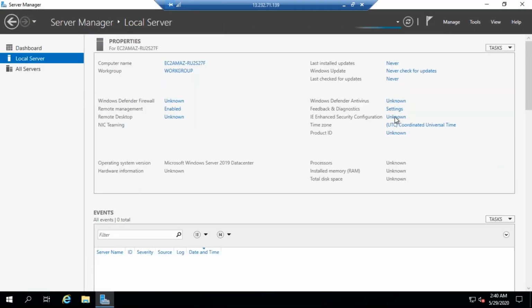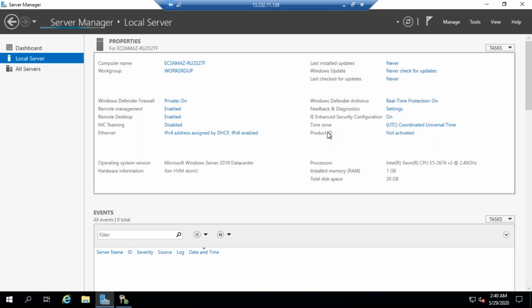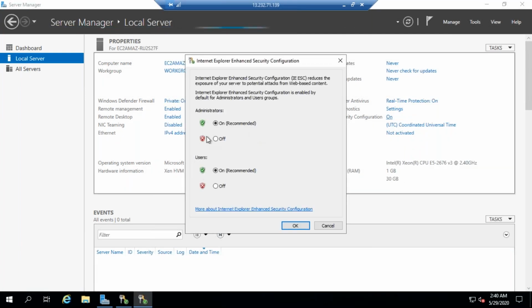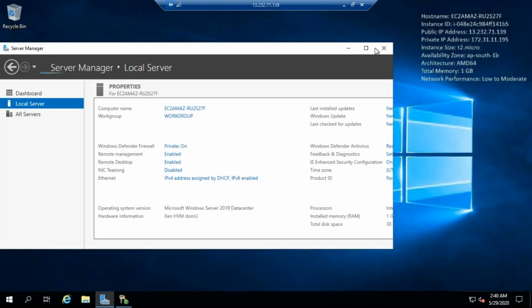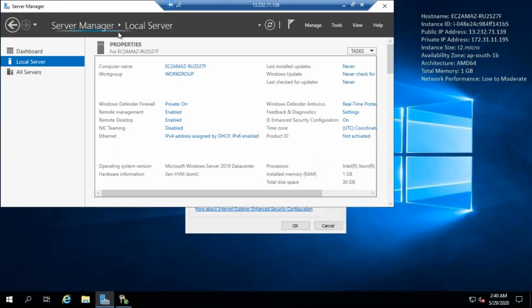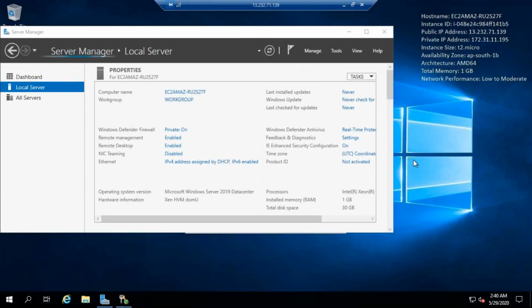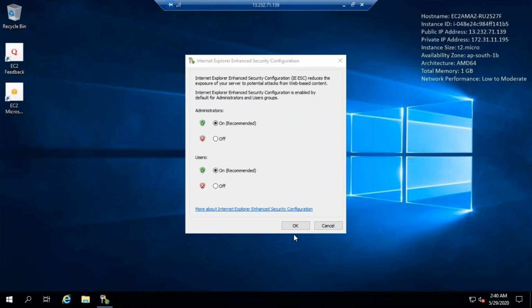Click this enhanced security configuration. Click on this, turn this off, click OK, come down, remove this. Close this particular window. Whether it is closing or not doesn't matter. If possible, you can close it, otherwise leave it.